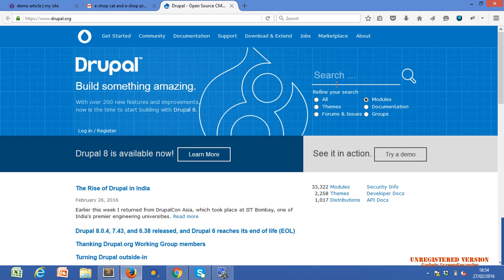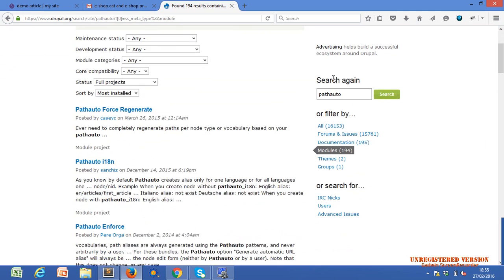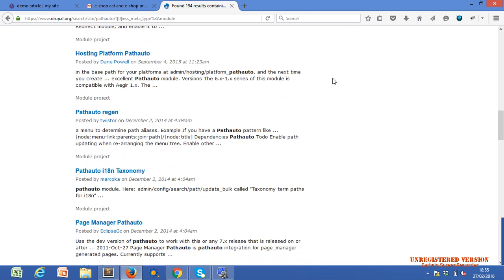Okay, so what we have to search for is a module, path auto. Let's search path auto. It should be a module. We will just add a simple one.